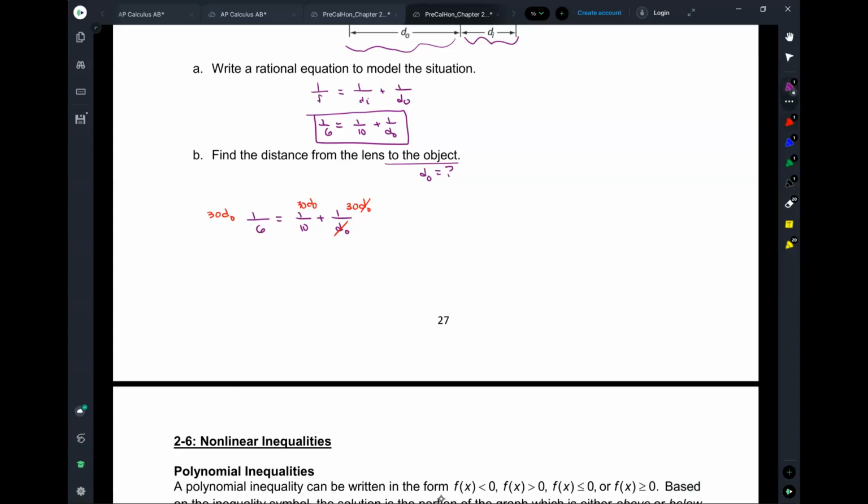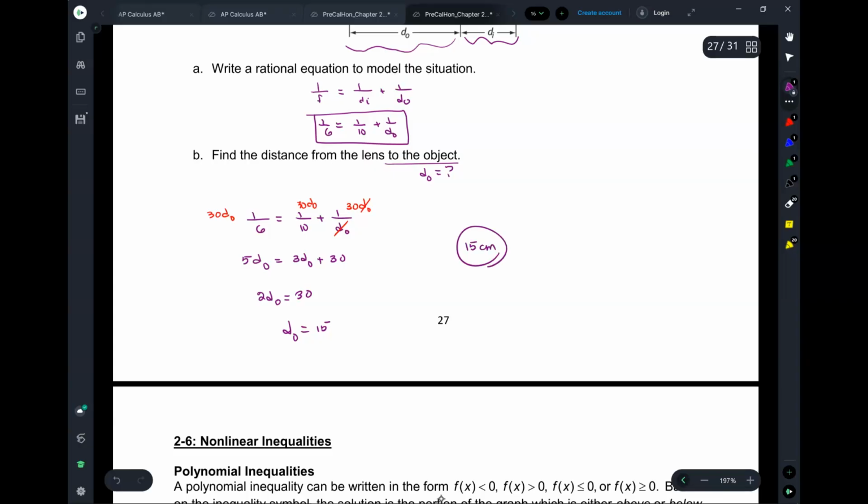30 DO divided by 6 gives me 5 DO is equal to 3 DO plus 30. Subtracting, I get 2 DO is equal to 30. So DO is equal to 15. So my answer is 15 centimeters, right? And that's that. That's the end of section 5. You can now go ahead and